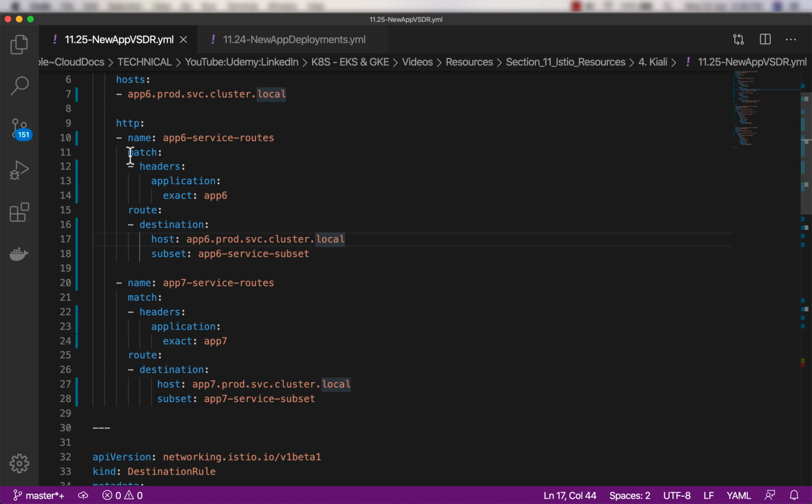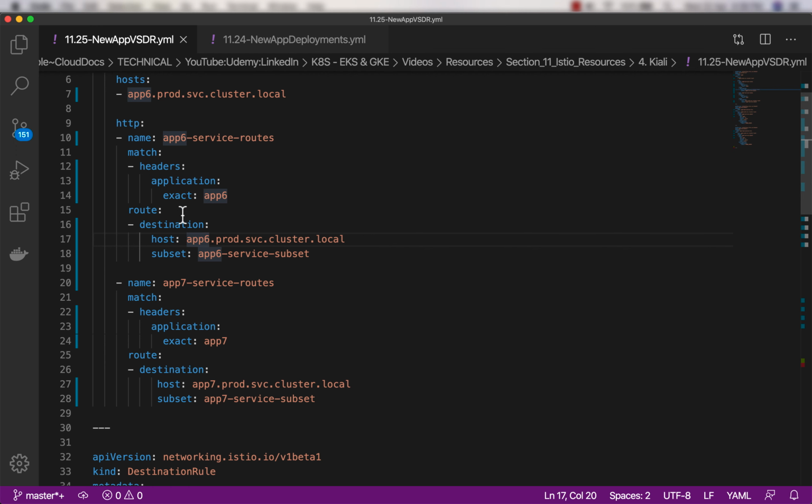Now it is similar to the URI that you had done in virtual services lab, but instead of match URI, we have match headers. So I'm saying that whenever the headers match, then route it to this destination. So what is this header? It means that when any client sends HTTP request, in the header they can mention certain options, some key value pair. And here we'll mention that based on what key and what value, we should direct that HTTP traffic